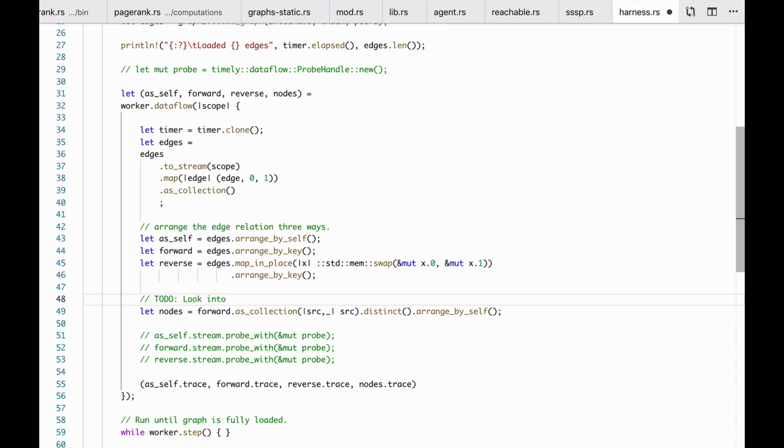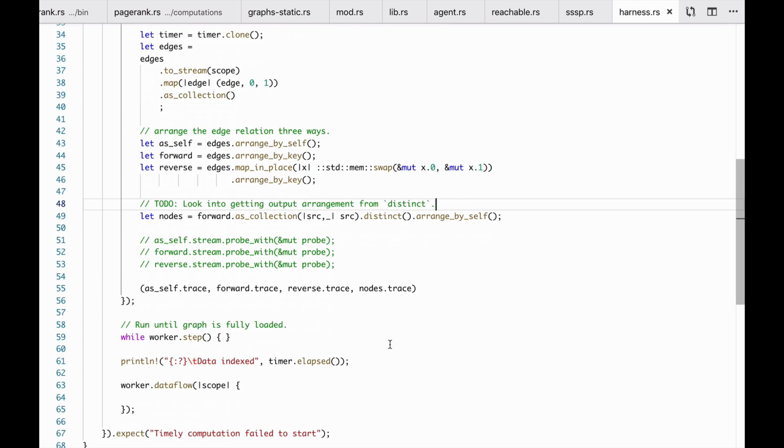Looking into getting the arrangement out of the distinct, because we're doing redundant work there. At the moment it'll just be attributed to how long it takes to load and index our data. But